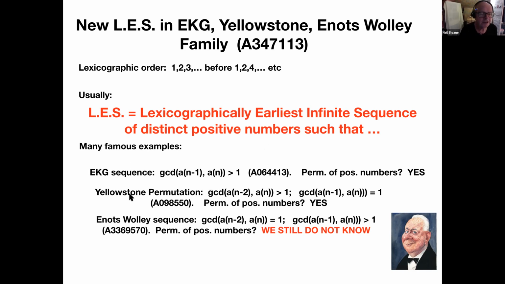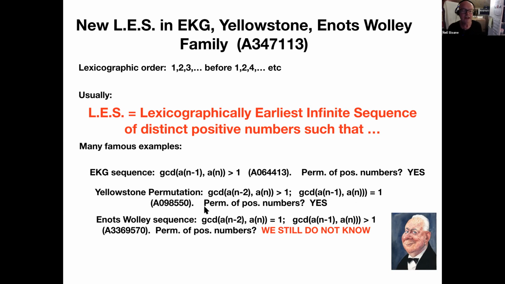The next one is the Yellowstone sequence. And now the rule is you've got to have a common factor with the term 2 back. So the GCD of the number you're looking for, A of n, with A of n minus 2 has to be bigger than 1, but the GCD with the previous term has to be 1. And that's